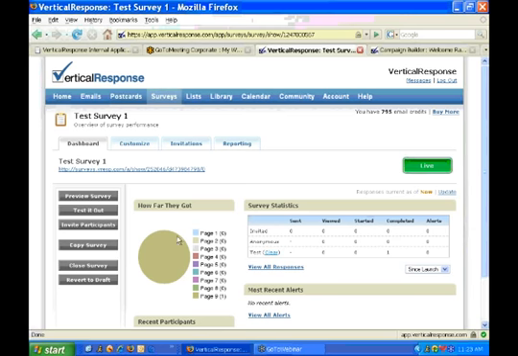So on this dashboard, you can see that you can preview the survey, you can run more tests with it, you can go and invite participants, so you can do that here, or go to the Invitations tab. You can copy the survey to use as a template for a different survey. You can close it out, or you can revert to draft. I'm not sure what revert to draft would actually mean at this point, so if Raj wants to provide some